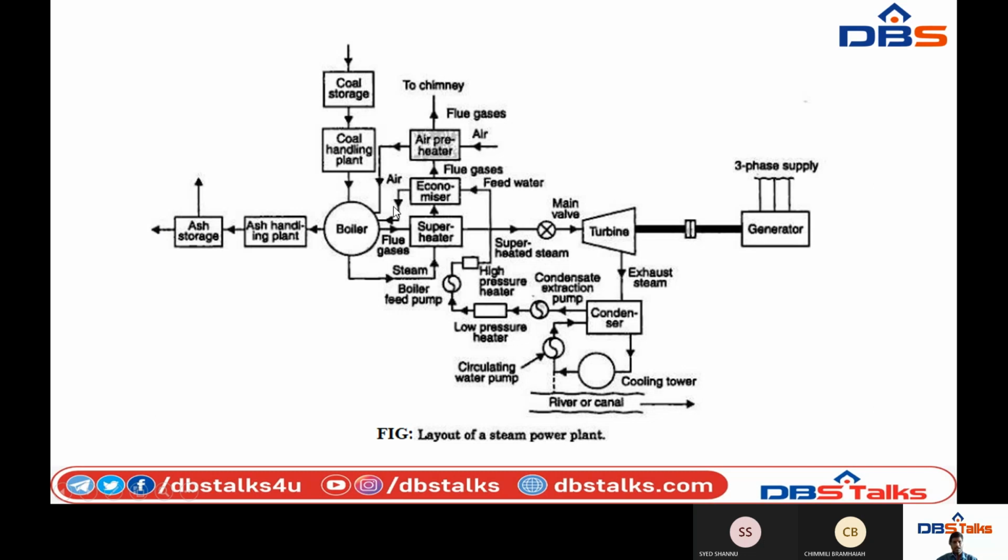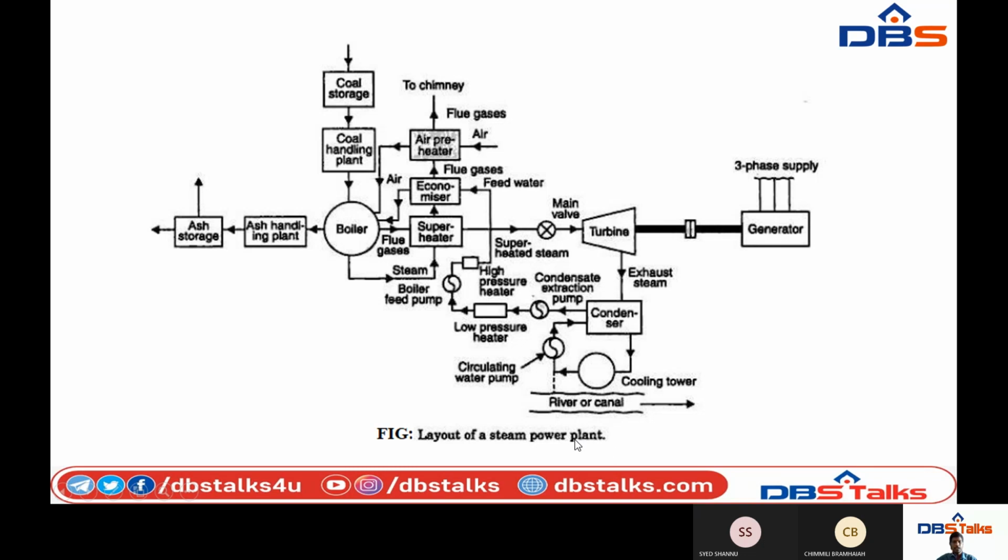First of all, we are sending the normal feed water. After then, the furnace is fired. That means combustion takes place. After then, the water converts into steam. The steam is passed into the superheater, so the steam is superheated. Steam is used to rotate the blades of the turbine. Then the turbine is coupled with the generator. The generator is used for converting mechanical energy into electrical energy. Then it is sent to the three-phase supply. Okay, this is the complete explanation about the layout of a steam power plant.